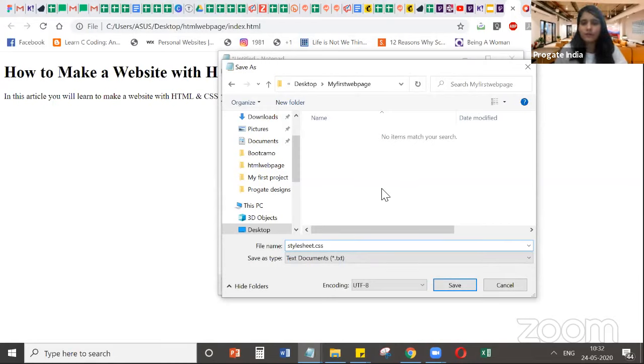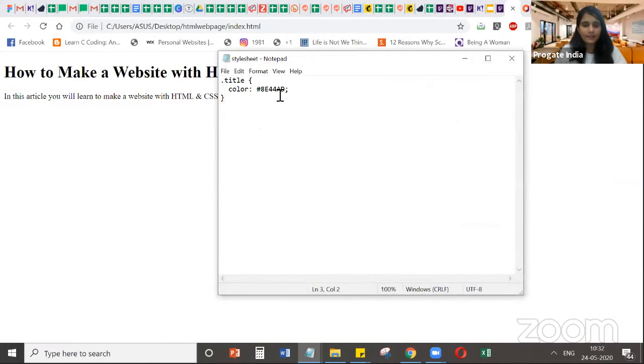To create any CSS file, you have to use .css after you copy the code and save it on your computer. So it will be stylesheet.css. Once you save it,